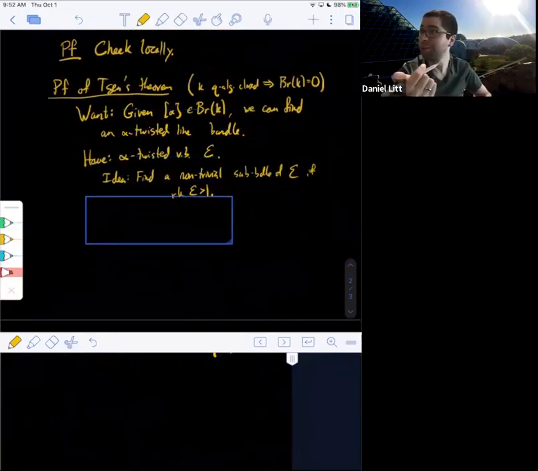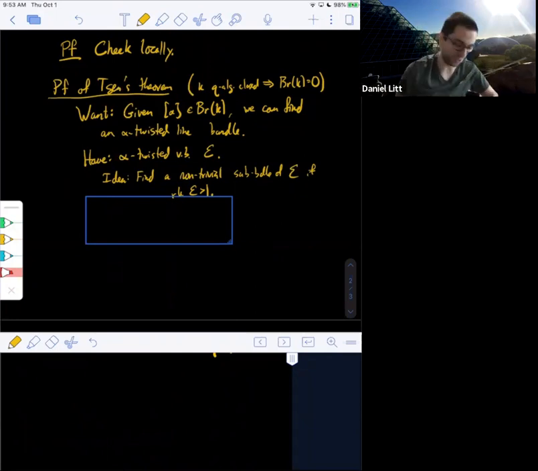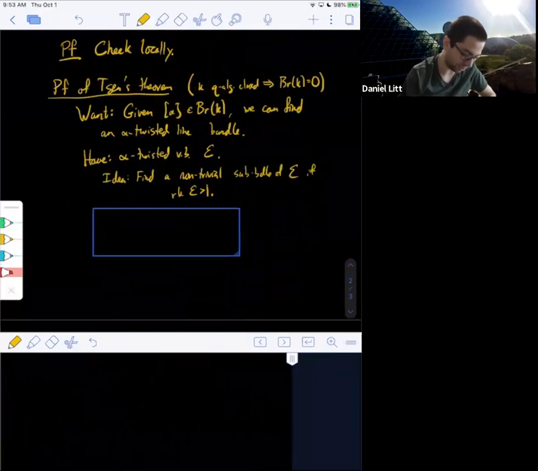Well, maybe one thing we could try would be to find an endomorphism of E with non-trivial kernel or cokernel, right? And since we're over a field, any quotient or sub of a vector bundle is a vector bundle, right? It has constant rank because there's only one place for it. You have to check the rank. Okay, so we're going to find